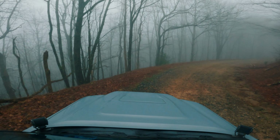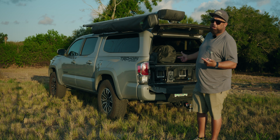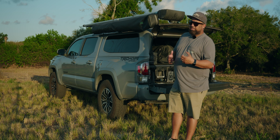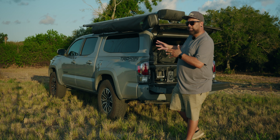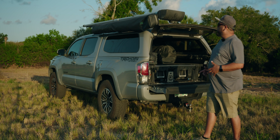Ever since the Gen 2 came out, I've seen a lot of these popping up on Facebook Marketplace, again, for sub $400, which is a steal. This thing retailed for about $1,500 if I recall. What I do like about the Decked drawer system is that it kind of forces you to only bring what you need, and it keeps it organized. That's why I like the Gen 1, because it is two separate drawers. And I'm gonna show you how I have these drawers rigged up in a minute, but now we're on to